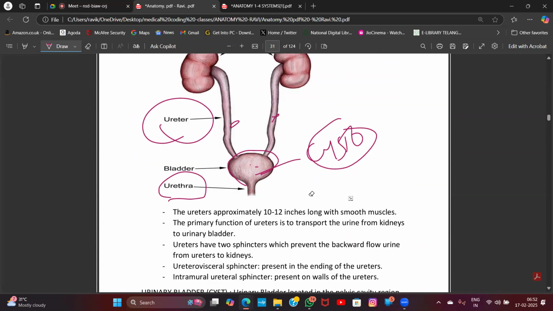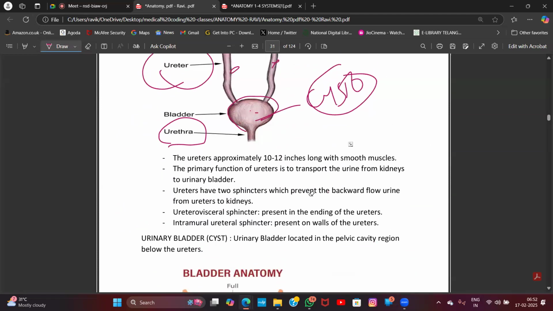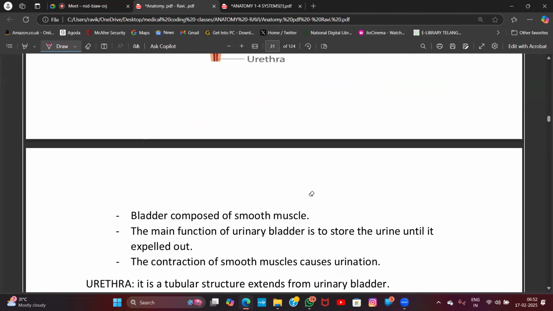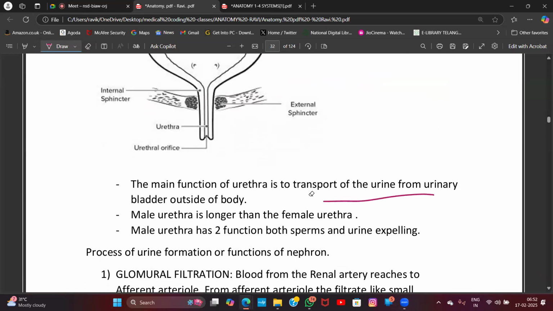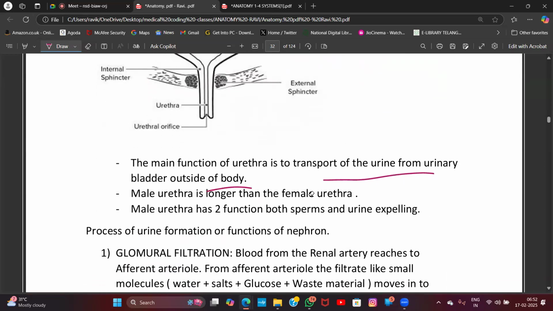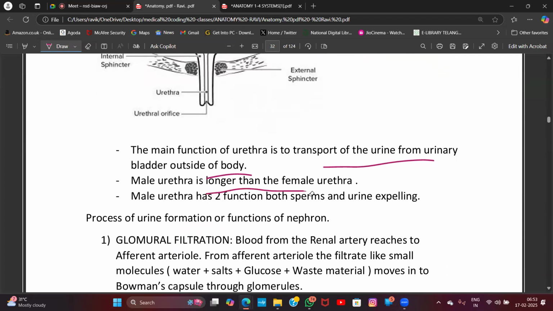The urethra is of two types: male urethra and female urethra. The main function of the urethra is to transport the urine from the urinary bladder to outside the body. The male urethra is longer and the female urethra is shorter. The male urethra has two functions. It is a carrier of both sperm as well as urine, while the female urethra is the only carrier of